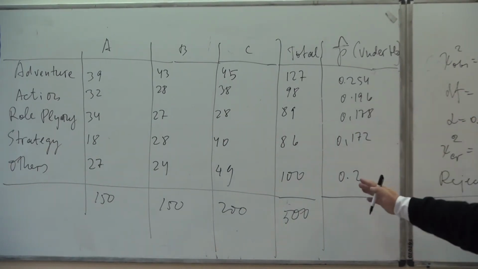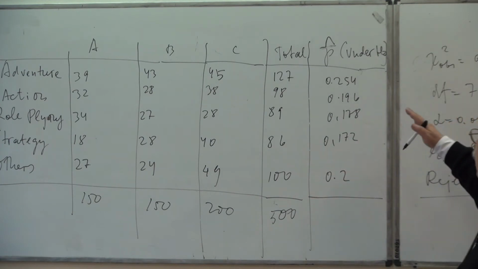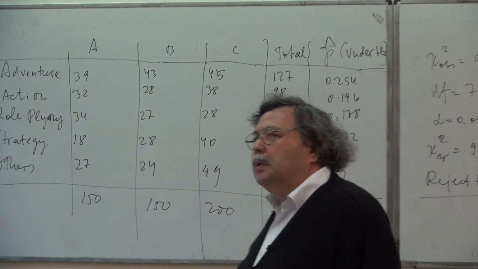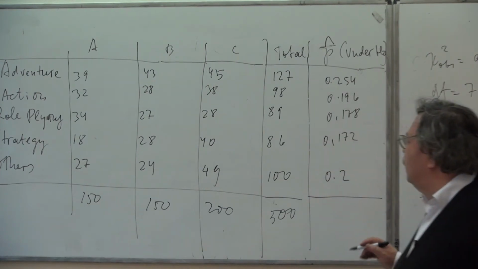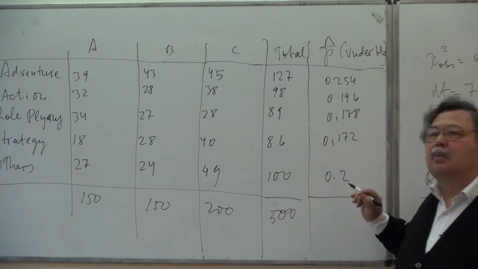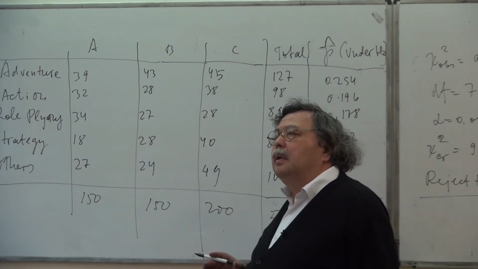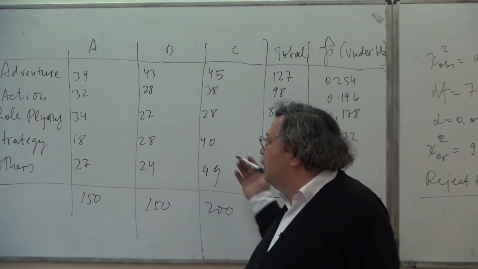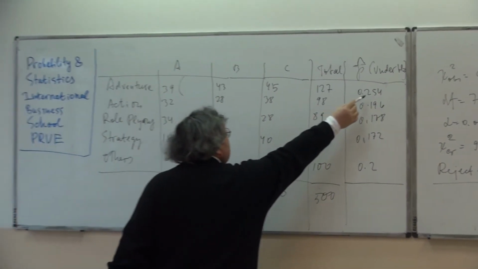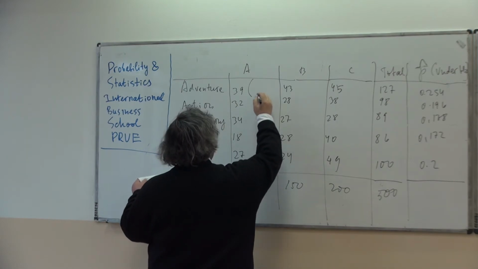So again, what are these numbers? This is a collective estimate, the estimates of this multinomial proportion computed on the totals that we compute for each type of video game. All right, now, we assume that this estimate of the multinomial proportion is good for each region here, okay? And because under H0, it is assumed to be good for each region, we can compute expected frequencies. So multiplying 150 by this proportion, what we get here for the expected frequency is